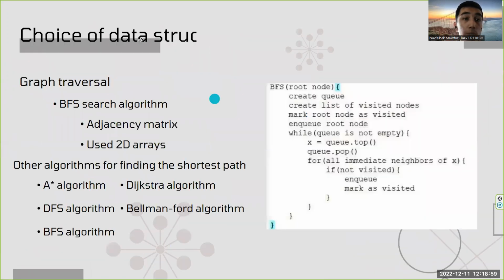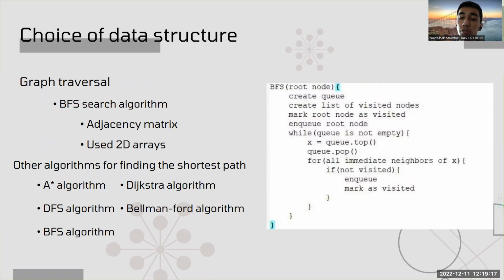So let's talk about the choice of the data structure. As BFS is a graph traversal algorithm, I have chosen the adjacency matrix feature of the BFS algorithm, because the program is written using a two-dimensional array, and a two-dimensional array stores data in matrix form, right? And as you can see here, it's